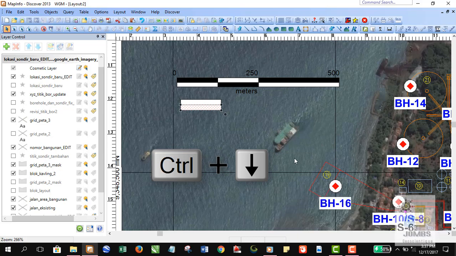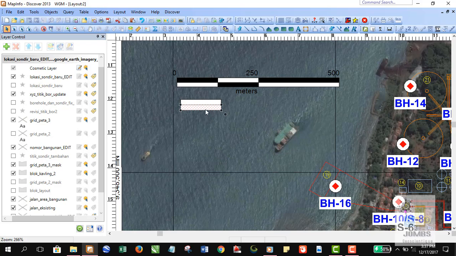Do this until we have completely separated these two rectangles,